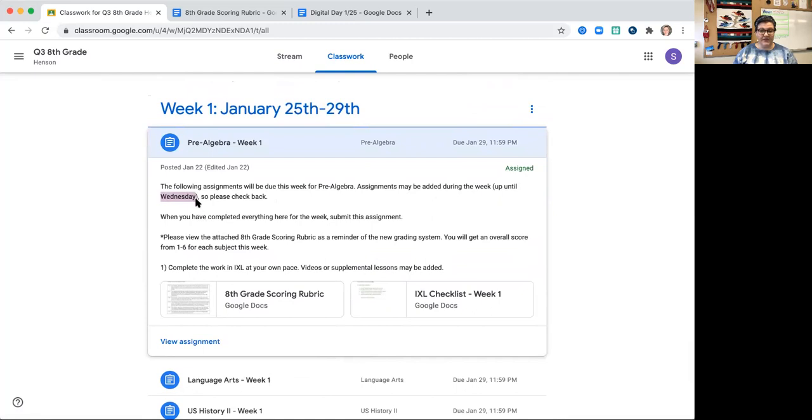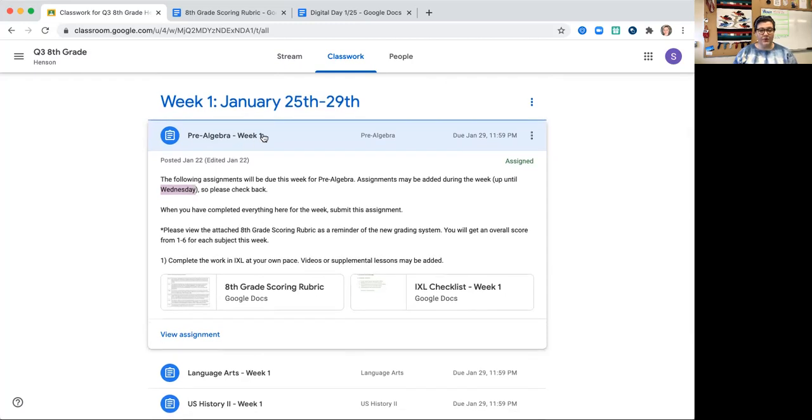And this is on every assignment, that I might update this assignment up until Wednesday. So make sure you check back, because what I'll be doing is if I record a lesson or find a better resource, or if I'm like, oh, I need you to do this other thing, I will update any extra things you need to do by Wednesday. Sometimes assignments take shorter or longer, so I want to make sure and give students time. So if you're working from home, always make sure you double back and check on Wednesday evening or Thursday morning to see if I've added assignments.